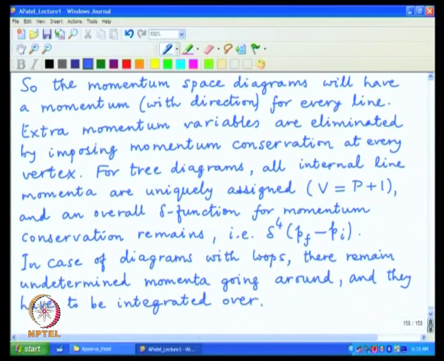If something is not eliminated by delta functions, well, you have to perform that particular integral,